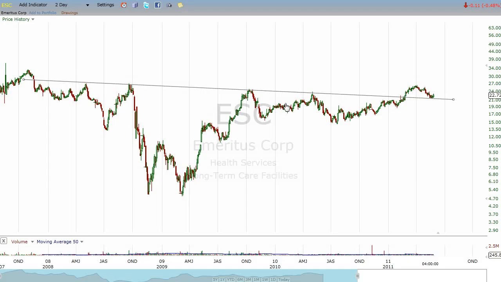Well, you're not the only guy who says now's my chance. A bunch of other folks say now's when I'm getting out. Because I missed the chance back here, I'm getting out now, and this leg down is all of these people getting out. That is resistance, because that is a point at which people have an interest in liquidating their shares, because they missed it back here. And in some cases, it's because people bought here and they were smart. They saw this line and they said, now's the time to get out.